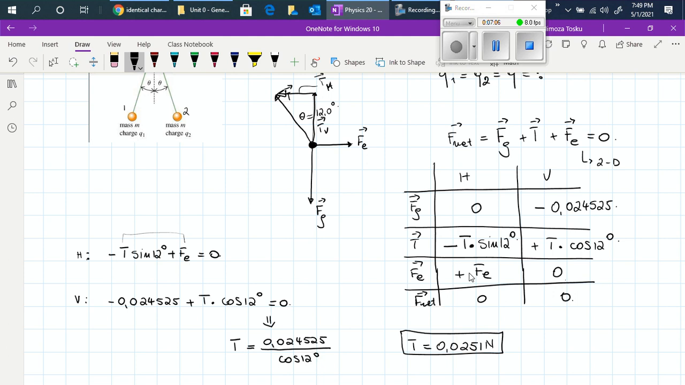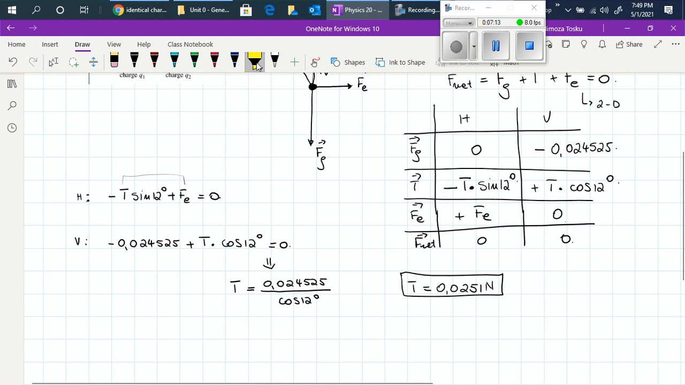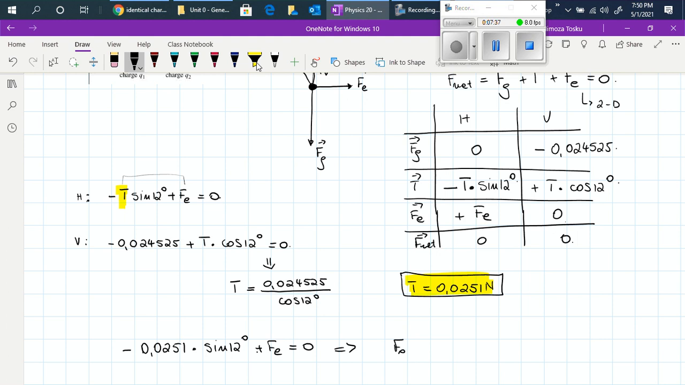And the direction is identified by the free body diagram. Now we take this value of tension and substitute it into the horizontal equation. So now we will have negative T times 0.0251 times sine 12 degrees plus Fe equals 0, which means that Fe, or the electrostatic force, is